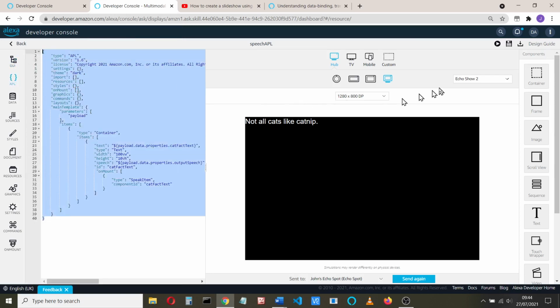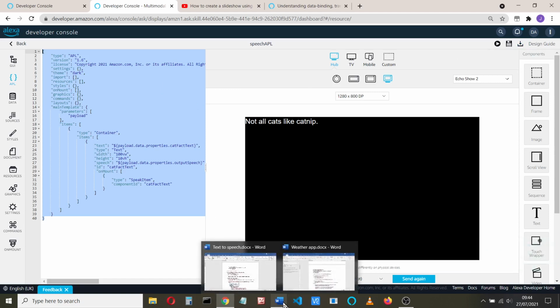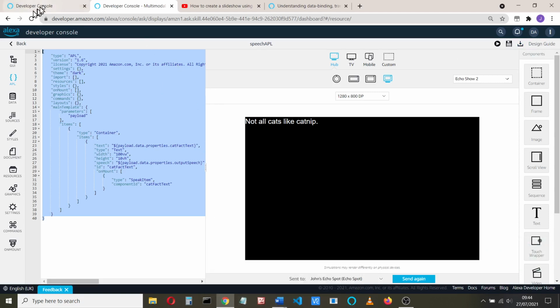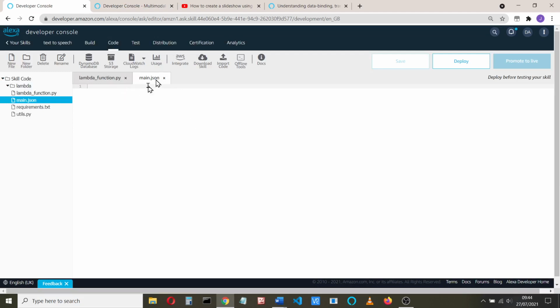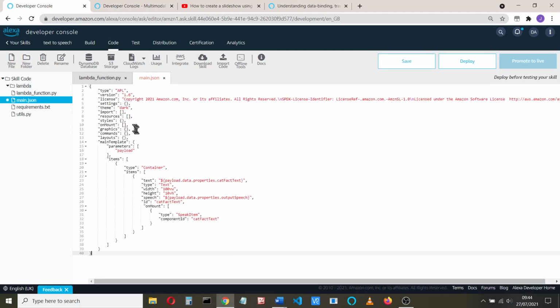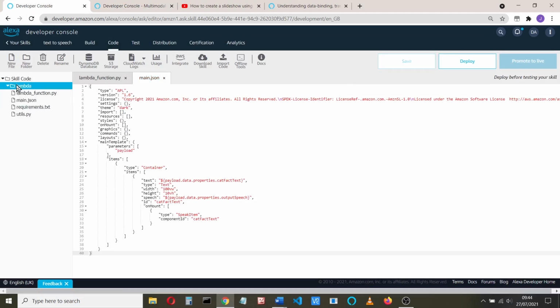You can download the whole thing here and add that to your code, but I'm just going to copy these for now. So we'll copy that, and in our main.json we'll paste that and we'll save that,